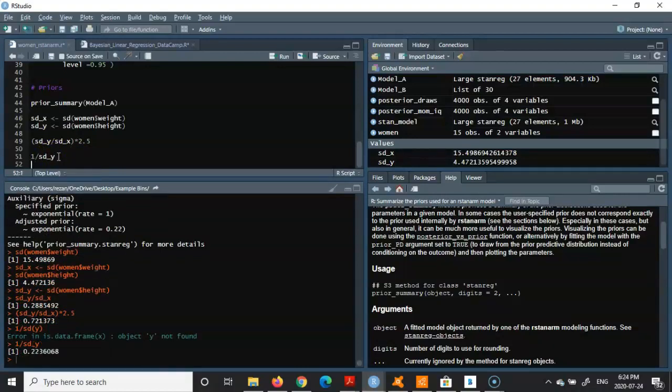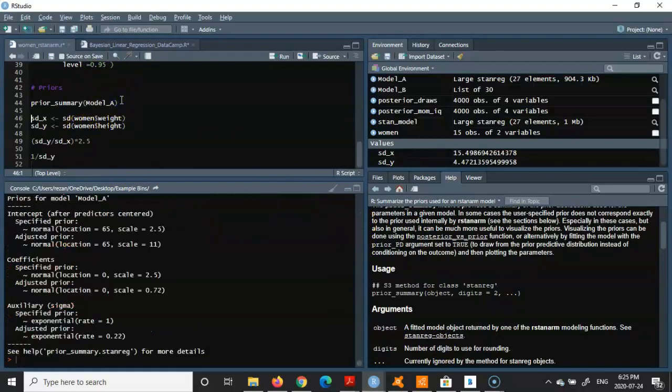It's going to be 22. That's right. And you see that the adjusted prior now is an exponential with rate equal to 0.22. However, let's go back to one other important and crucial piece of information that we had in our model,